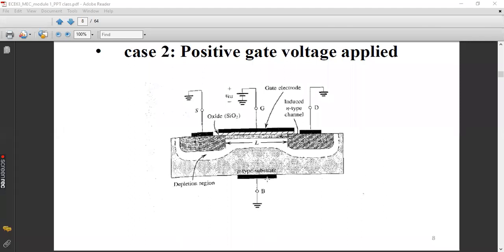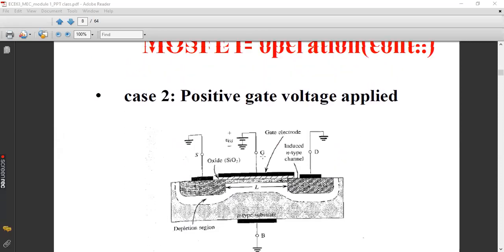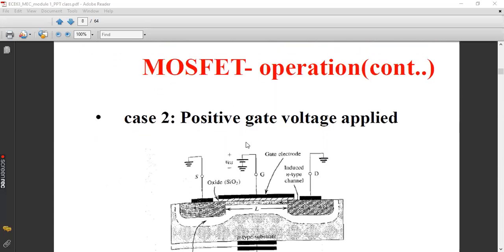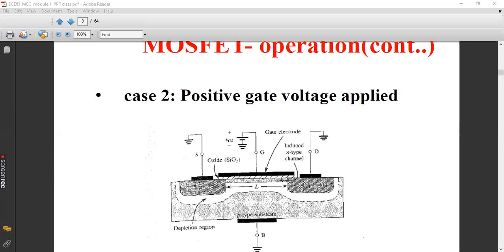Okay. So this is the working of the depletion region, how this depletion region has been formed. Now, apart from that, we will have a channel also just below the oxide layer. If you compare with the previous figure, the case one figure, you don't have any channel under the SiO2 layer, isn't it? But here we have a channel whose length is L, and it has N-type charge carriers. So this is called the N channel. Why? Because it allows free flow of electrons.